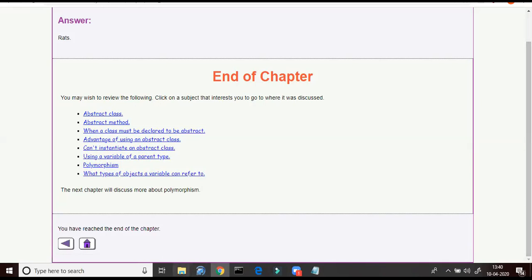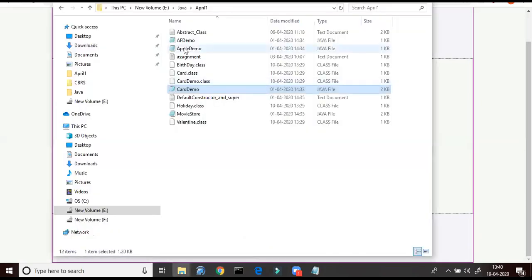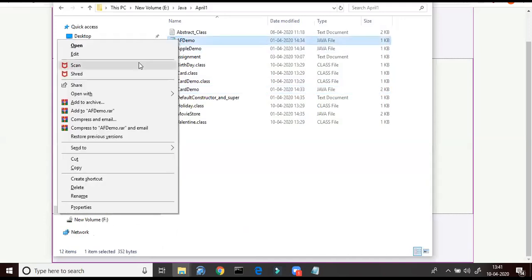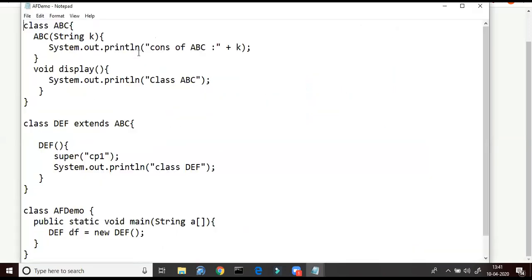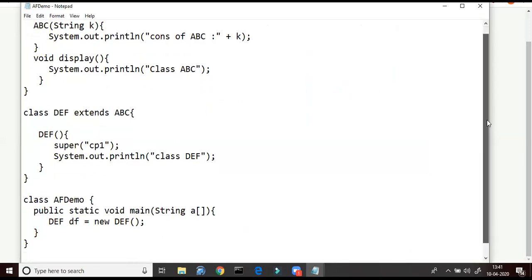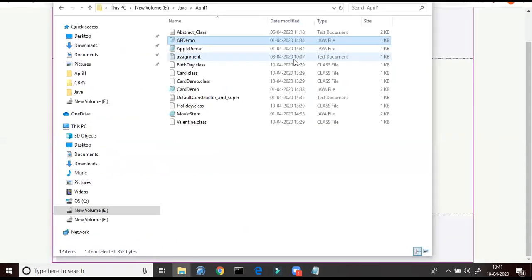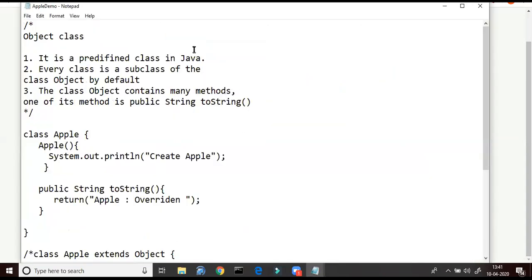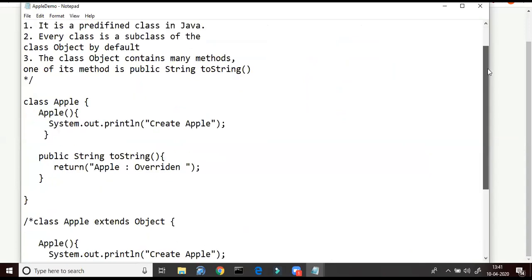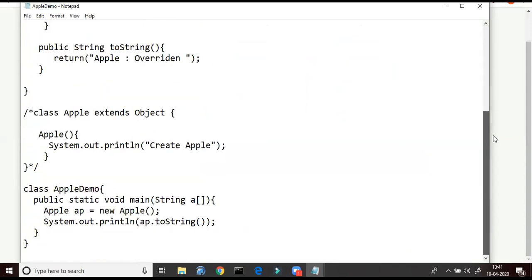So let us discuss some more coding. Here is an example which shows that the Object class is the superclass of all classes.